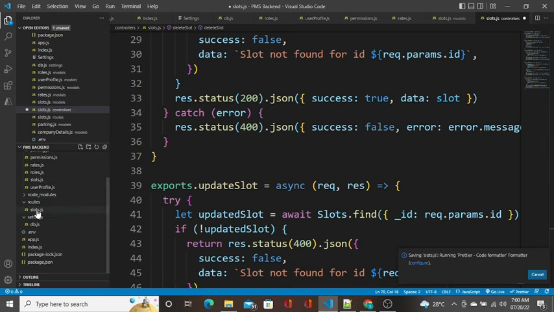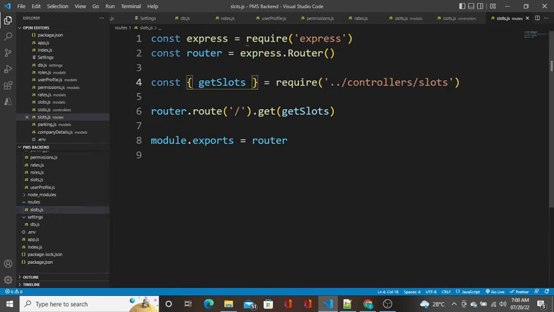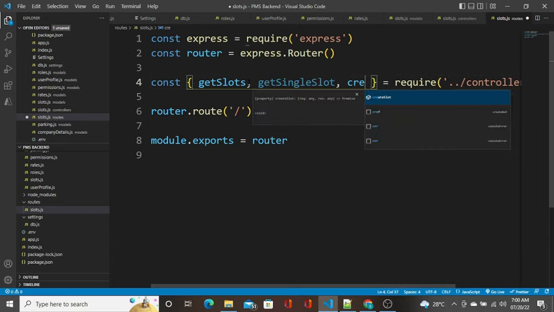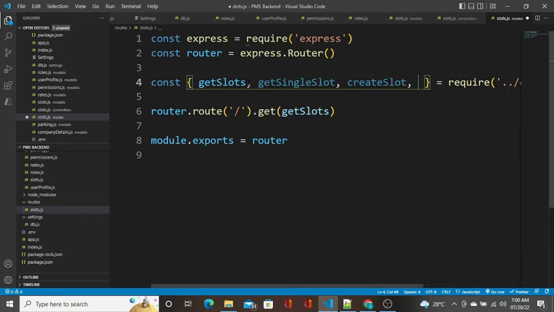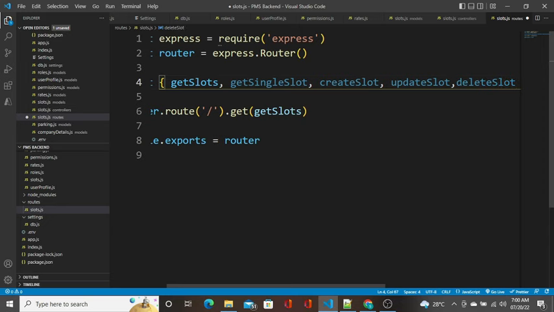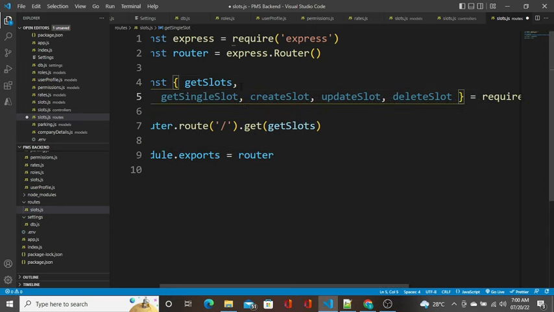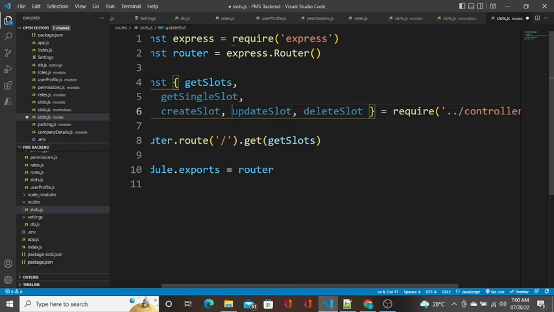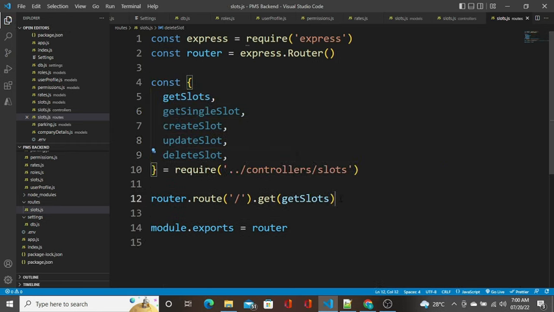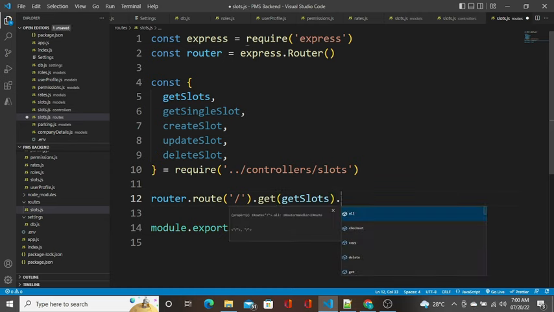Okay, so I go to routes. I want to bring up all the controller methods that we created here: get slots, get single slot, create slot, update slot, delete slot. So that it is readable, I will bring everything down so that it is visible for you. Okay, so for the default route,